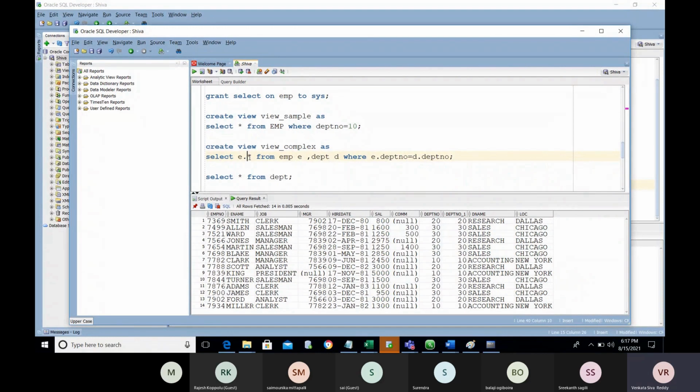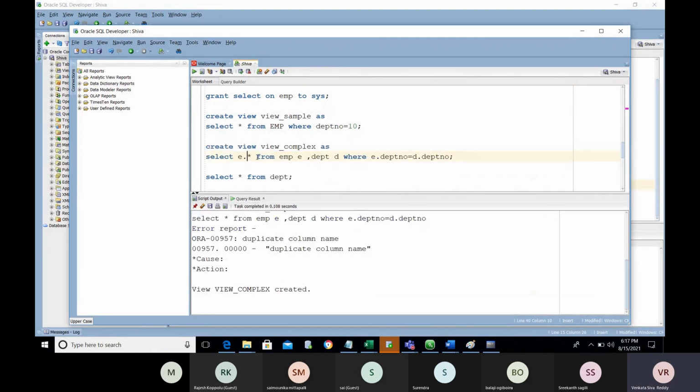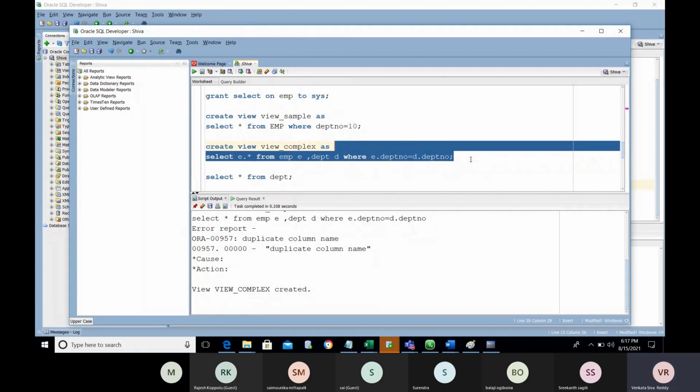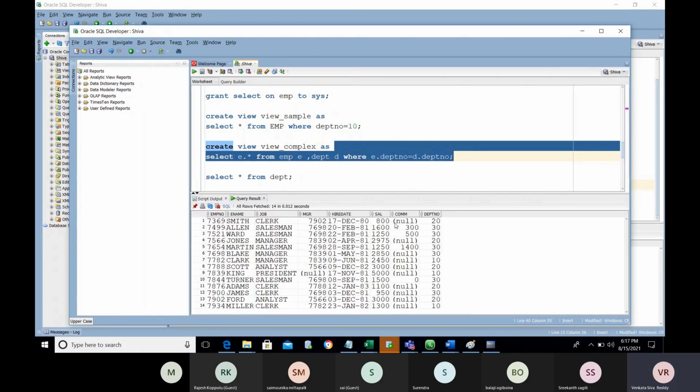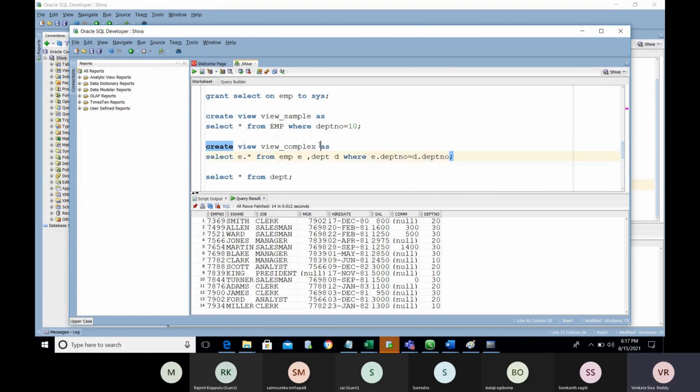Okay, now I'm creating the view only for the employee table data. I'm joining the tables, but I'm not using the department information anywhere here. See, I just put the join from the 2 tables, but I'm retrieving the data from only one table here. Okay, now I created the view. Now let's see. So we created the simple view and the complex view both. In the simple view also you are getting only employee table data.